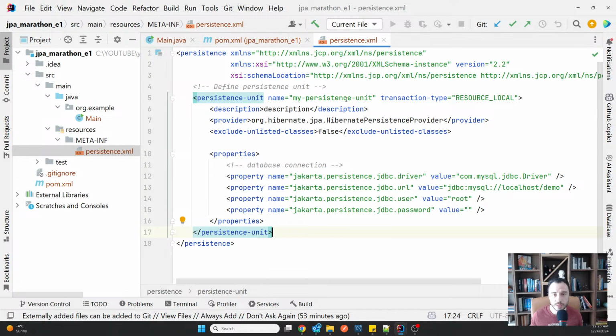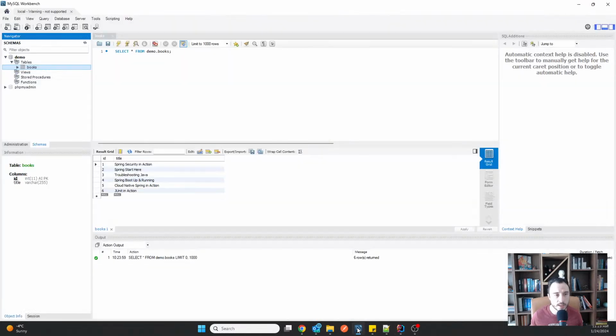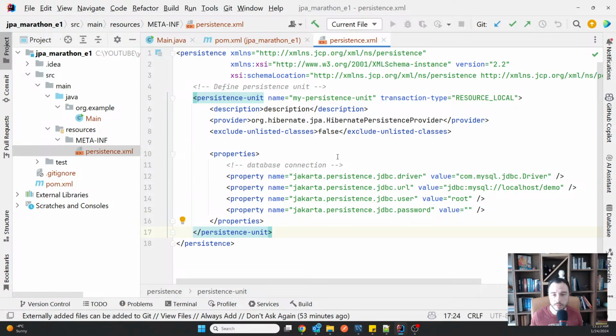Normally, before starting with this, I need to make sure that I have a schema, and I have already shown you that we do have a schema called demo here, and a table books which already contains some data, just some stuff to begin working with. And I need to give a name. It has to be a unique name. I have multiple persistence units, so you can see that the structure of this file starts with the root called persistence, and then of course it uses some schema here for validation.